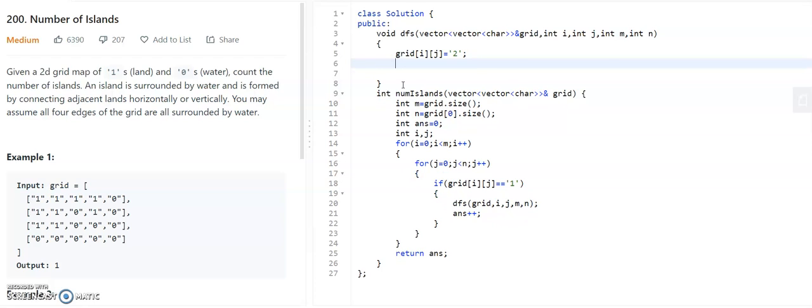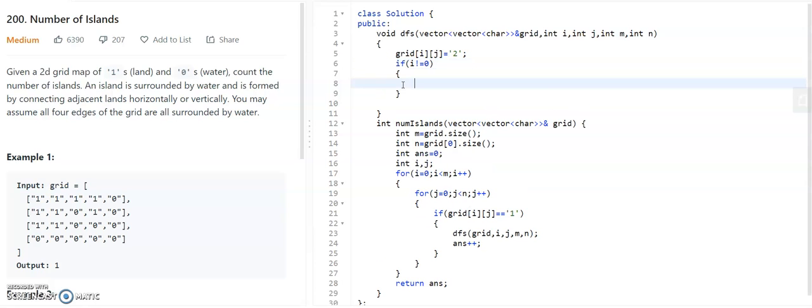So when you are taking the i-1 position, i should not be 0, because when you take 0 minus 1, it will be -1 and it is an invalid position of a matrix. So you have to check that. If i is not equal to 0, then you will move to the top position.